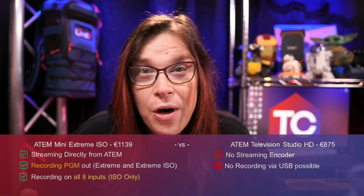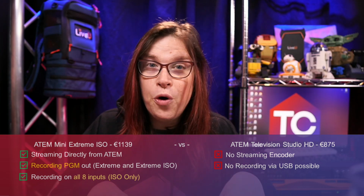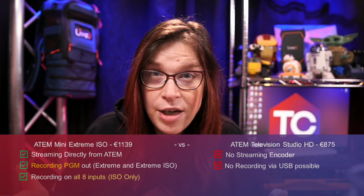What the ISO also has, my system, the ISO, is the ability to record every single input as well. So all 8 inputs and the program out. So that's 9 streams of recordings at the same time, and that is really powerful because after the fact, if you have a paid project, you want to give your client the best deal. So what you do then is that you stream, you make some errors, it all happens, we're just people, but